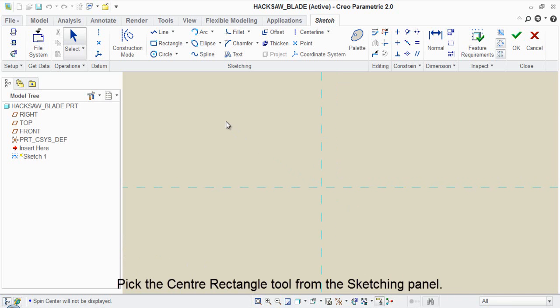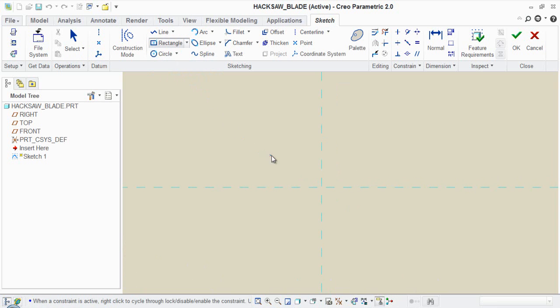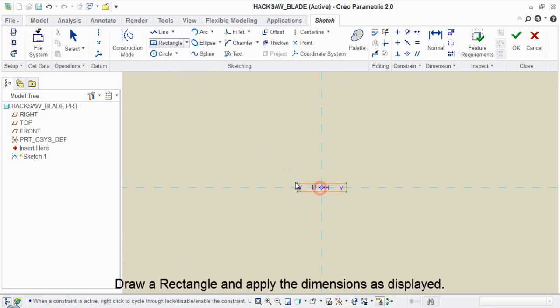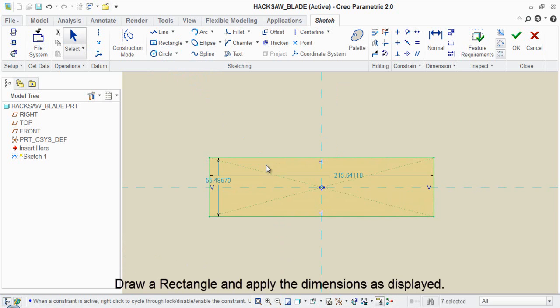Pick the center rectangle tool from the sketching panel. Draw a rectangle and apply the dimensions as displayed.